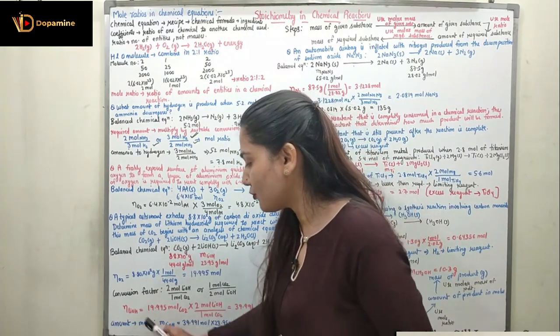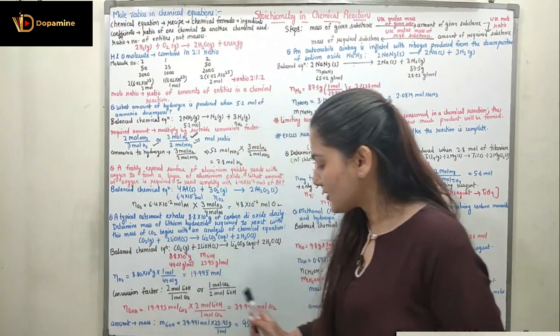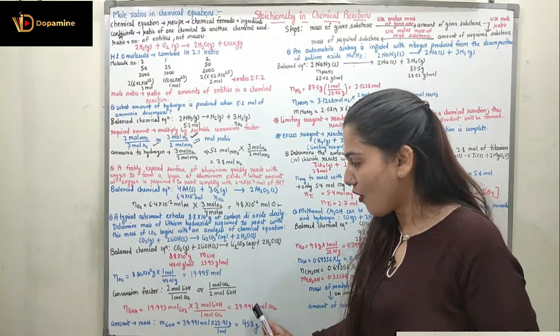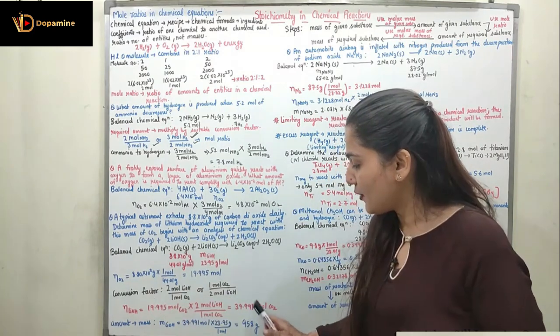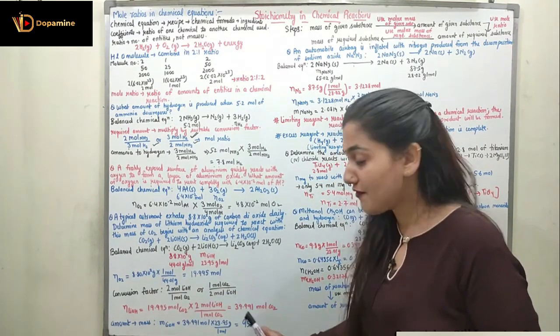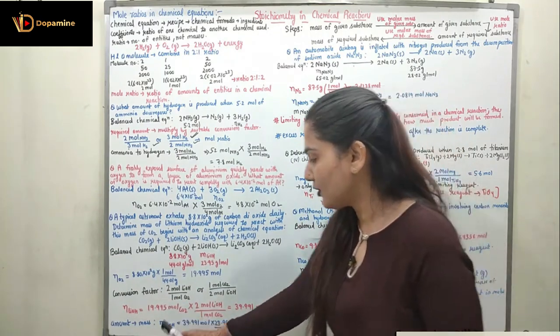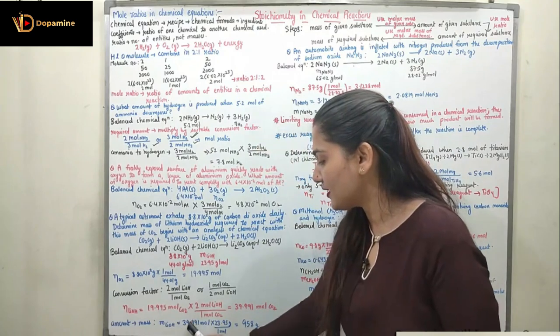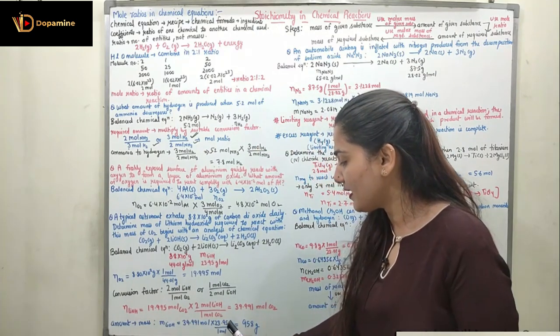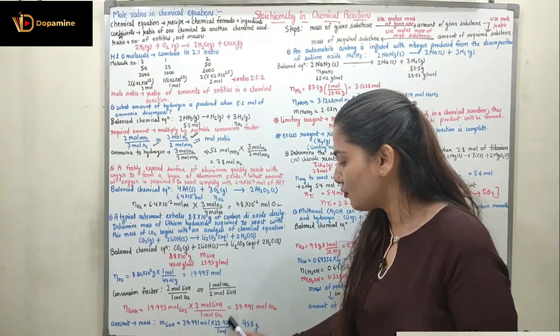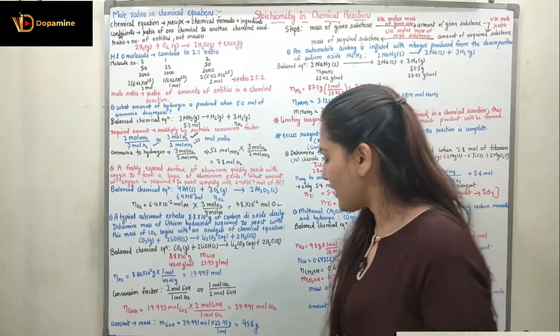So now from the amount we are going to find the mass. The amount is given in moles. I now know the moles of LiOH is 39.991. Now if I multiply the number of moles by the molecular mass, I will find the given mass. The mass of LiOH is 39.991 moles multiplied with the molecular mass, which is 23.95 grams, divided by 1 mole of LiOH, which is 958 grams.